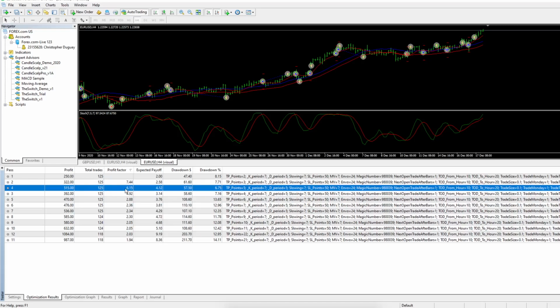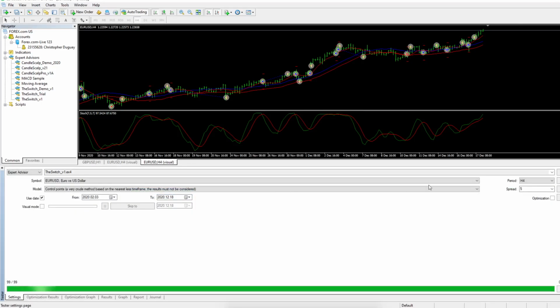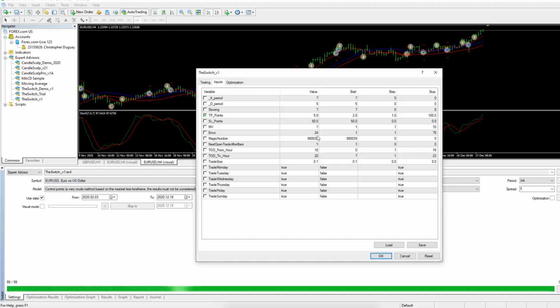Okay, so I'm going to right click this. Set input parameters. Go to expert advisor. Take profit is 5 point. I'm telling you, all these expert advisors, they're really good at trading with a 5 pip take profit. Now, most greedy investors want 100 take profit, or 50 take profit. Now that's great, but